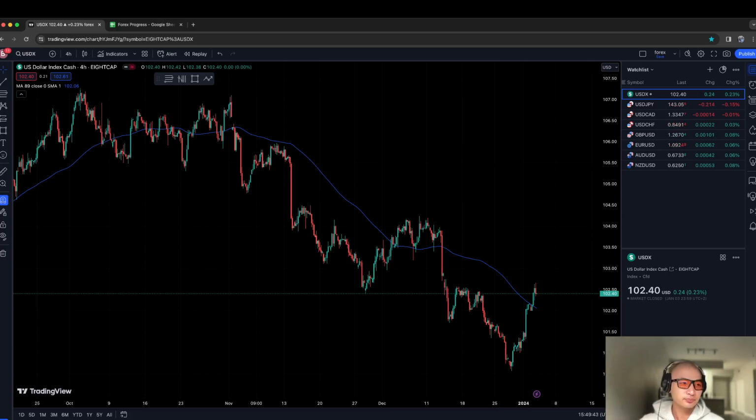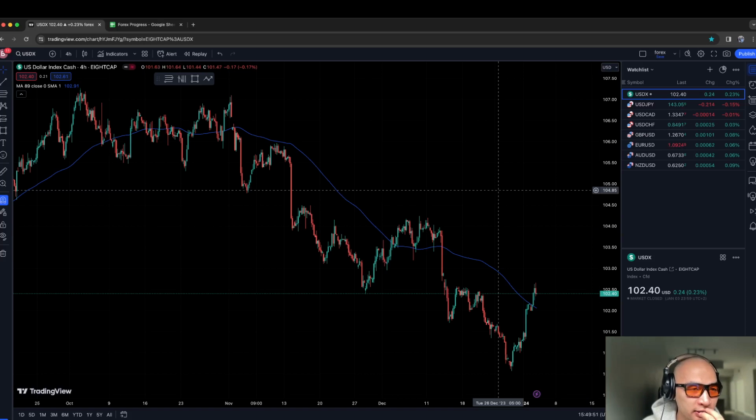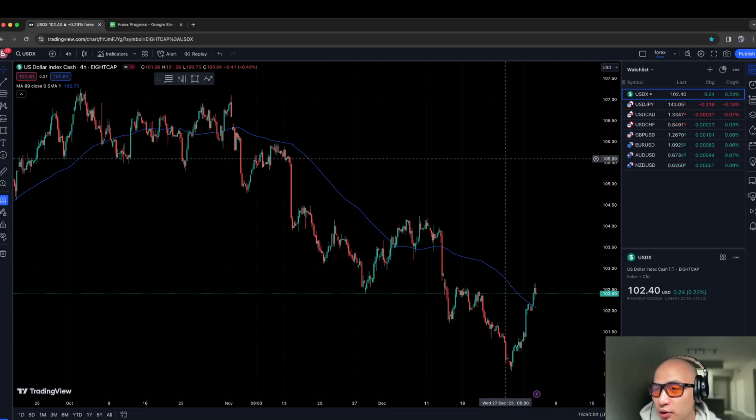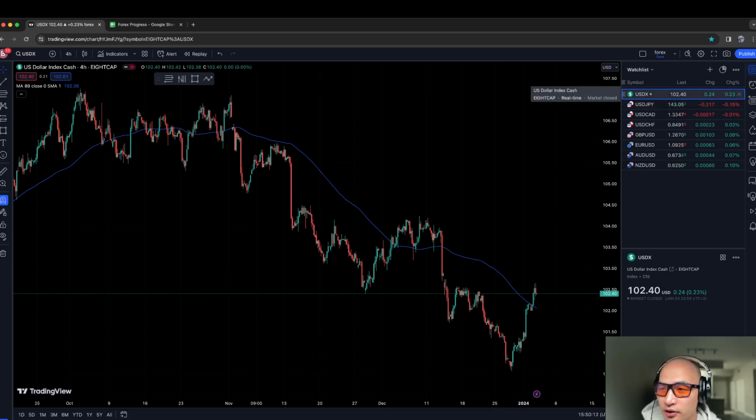Okay, so today let's dive into analyzing the market and plan our trades for tomorrow. And if there is a really good opportunity, let's execute swing trades today, guys. Now, I swing trade the major USD pairs, and as you can see, first I always take a look at the dollar index, and essentially I'm going to bet on either the dollar strengthening or weakening. Then I'm going to go through each one of these major dollar pairs and trade a pair that corresponds to the weakness or strength of the dollar index.